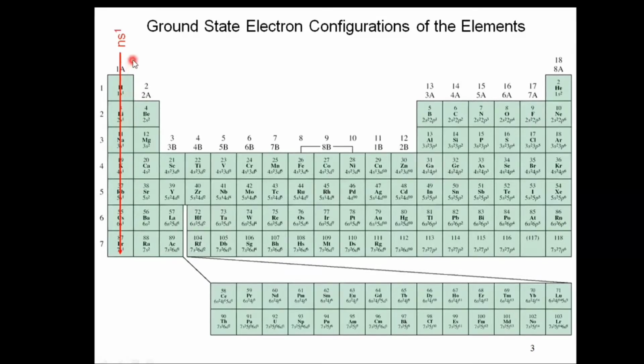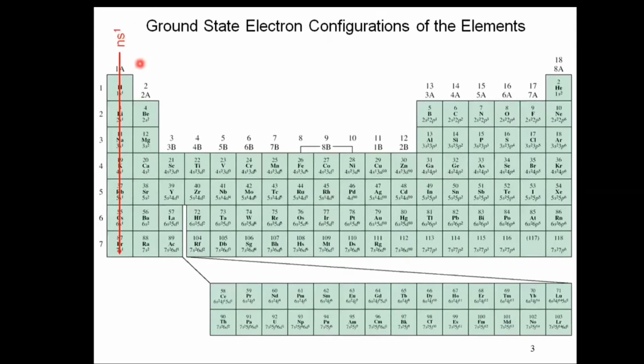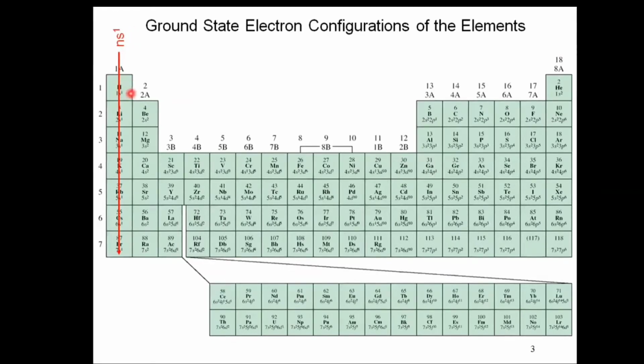The ground state electronic configuration of the group 1A elements is ns1. n is the principal quantum number. Basically, the configuration is s1. Every shell in the 1A group has the outermost configuration s1. And here the principal quantum number shows the shell number, or you can say the energy. The first period has 1 shell, the second period has 2, the third has 3, the fourth has 4, the fifth has 5 shells in the atom.